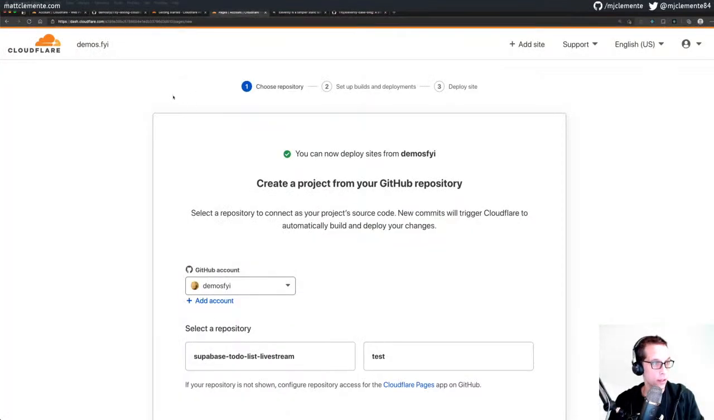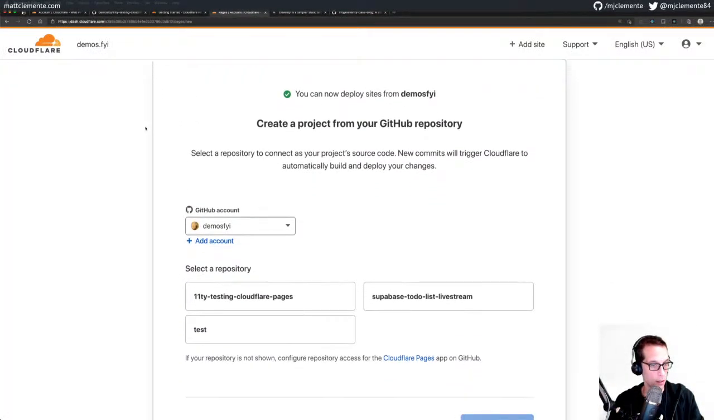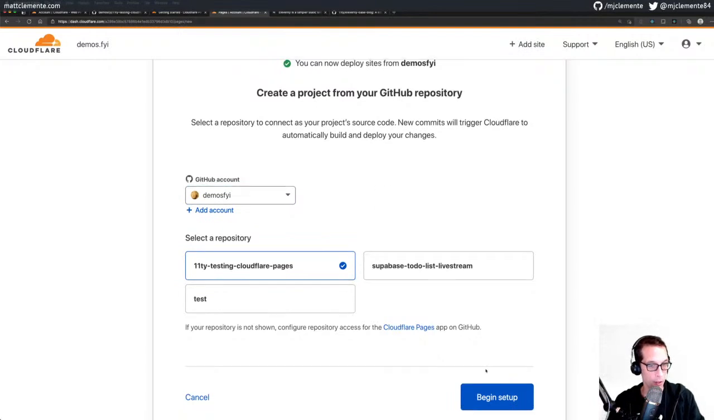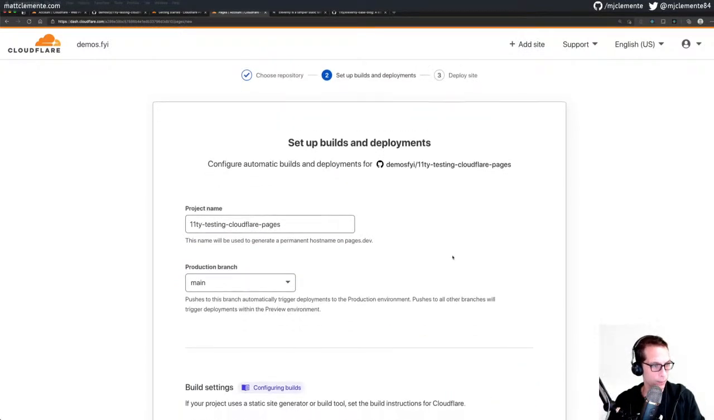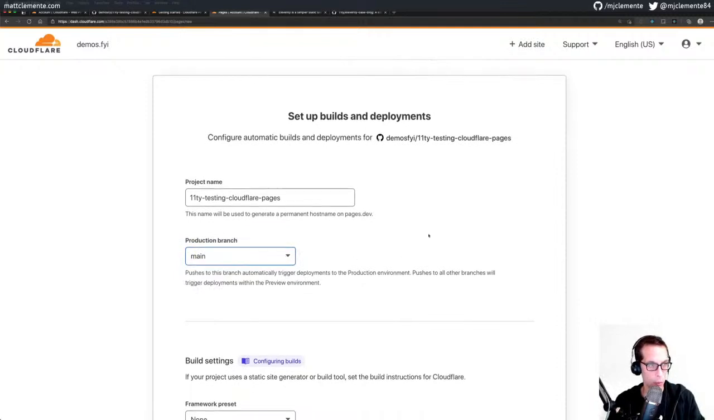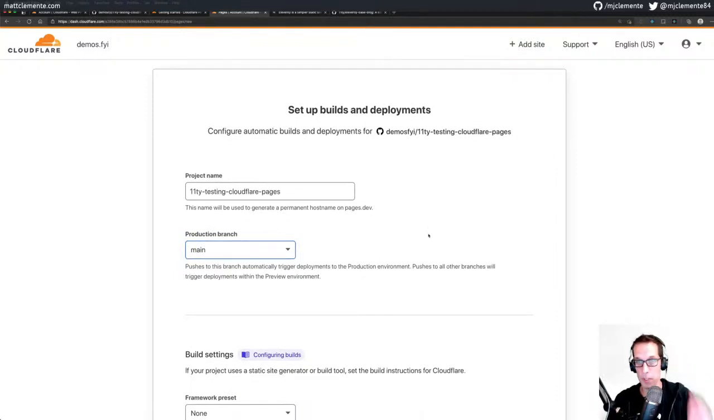Now we're going to start this project. Select, let's see if we can get it to refresh here. Oh, Eleventy testing Cloudflare Pages. Awesome. So we got our repository, and we're going to begin the setup. Well, we only have main, so we'll start with deploying from that. Maybe we'll set up a deploy one